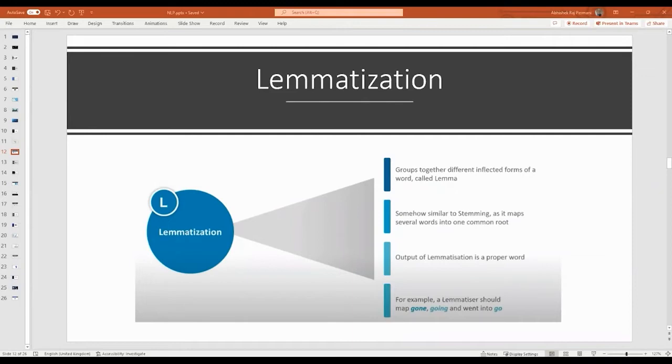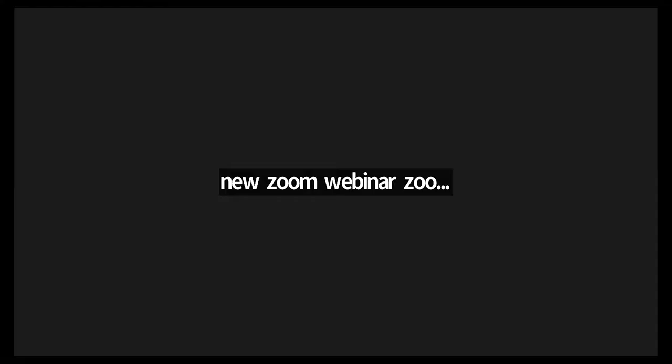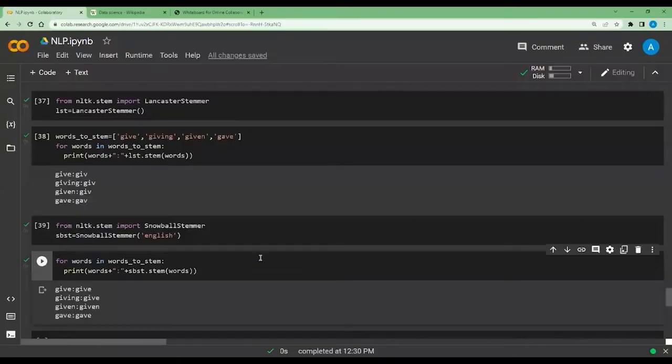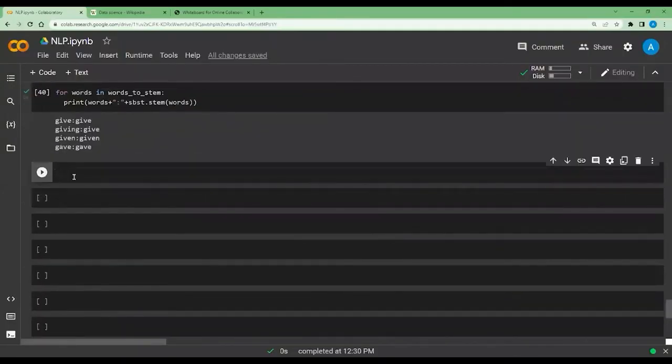So let's go back to our notebook as well. I know it's too much switching, but that's important, because learning the theory is not at all sufficient in case of NLP. So that's why we need to switch. But theory is also an important part, and it should go side by side. Cool. Then lemmatization is what we are going to study, and for lemmatization, there are two libraries,